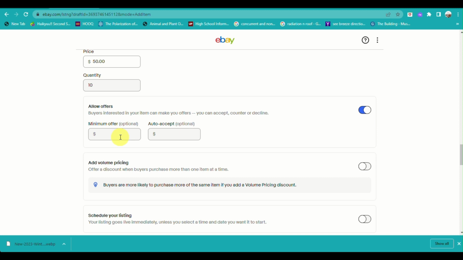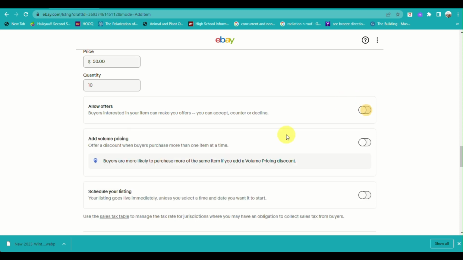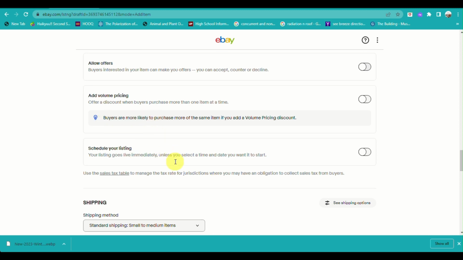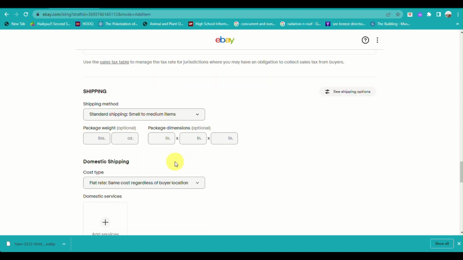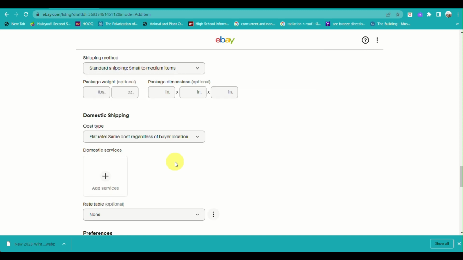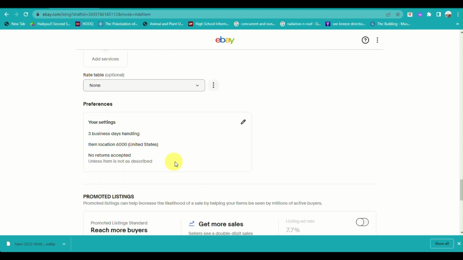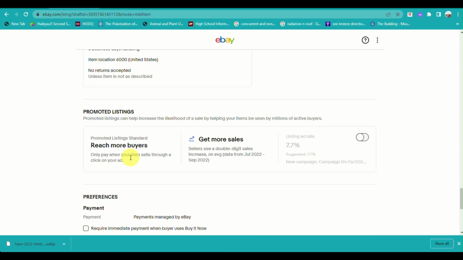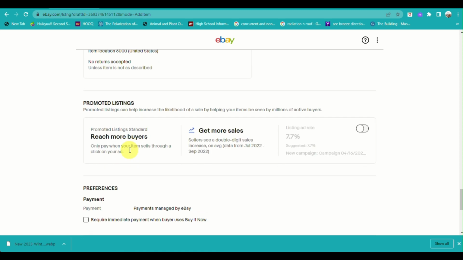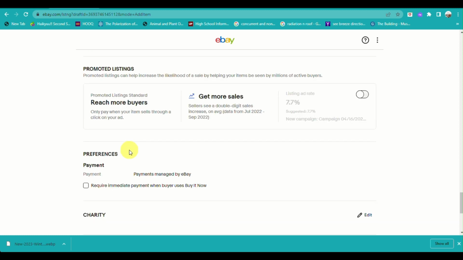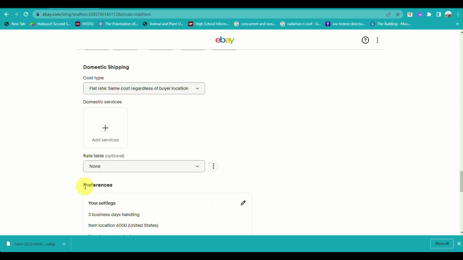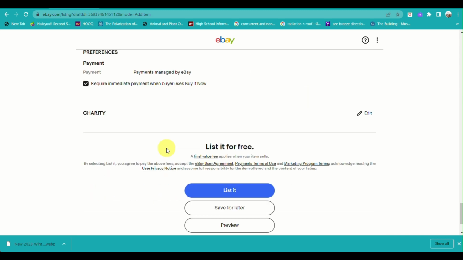And then you can also allow offers, if ever they will offer a higher amount than the product, or not. But you can toggle it on or off depending on if you want to add it into your product. So here we also have preferences on how you would like the product to be, like from what location it is, and also for the payments as well, on what payment method you want it to be. And here for the shipping information, you also need to input that so that you will be able to complete the process. So once everything has been filled out,